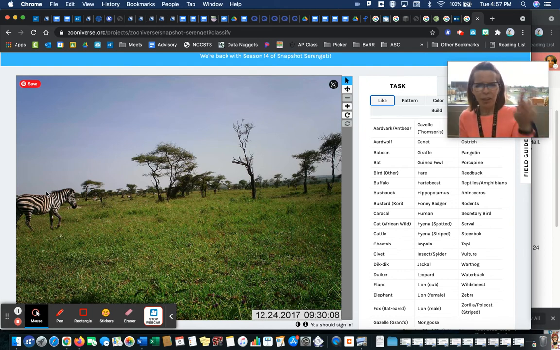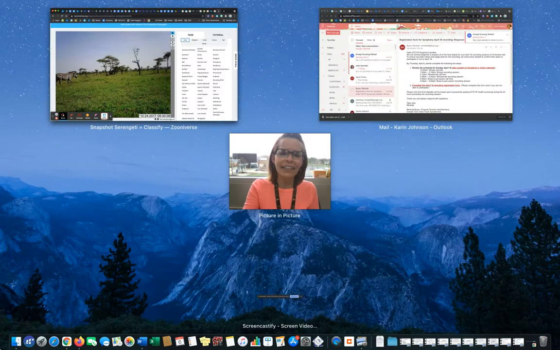So like 2 people said zebra and 2 people said Thompson's gazelles and 2 people said redbucks and 2 people said porcupines. Then the scientists are going to go back and look at that photo and correctly identify it for the citizen scientists. But then they can monitor what these animals are doing, where they are living, who the predators are, and whether they are in that area. So it's another way of monitoring these important populations.